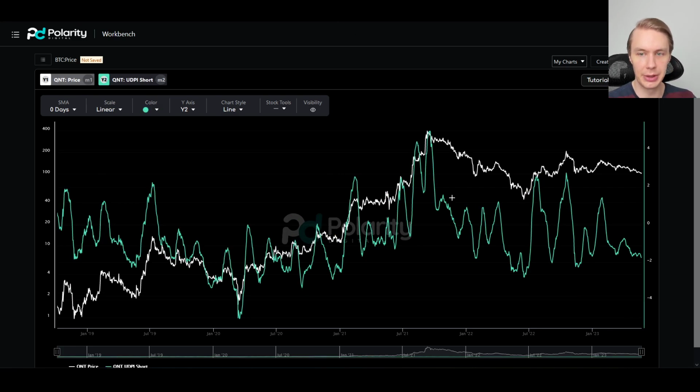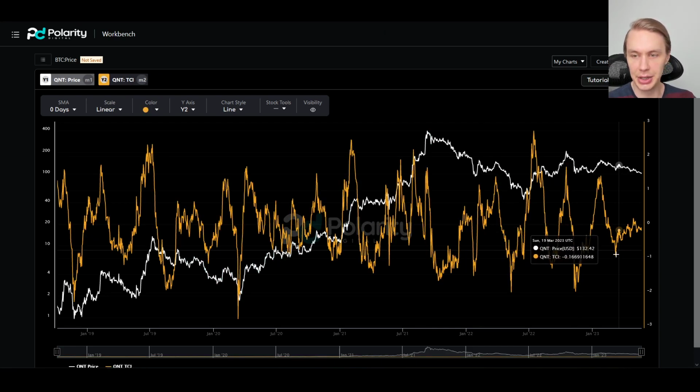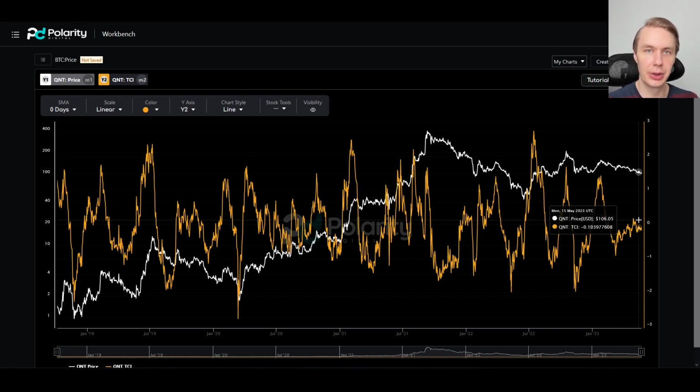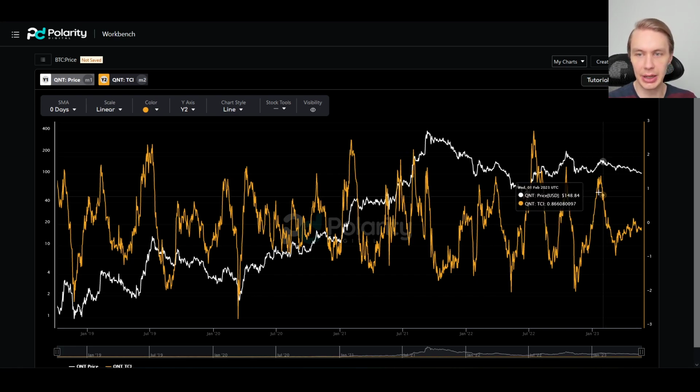And so there's some confluence right now between the short-term UDPI being at these similar levels that we've seen as staging grounds for rallies in the past, and also the TCI suggesting that confidence in this downside is waning, is reducing. And right now the model is relatively undecided. It thinks that things could really go either way from here. And so that's where I think the conditions are there in the short term for Quant to put in a reasonable move to the upside. Again, not necessarily breaking up to new highs, but at least getting back up to maybe the range highs.